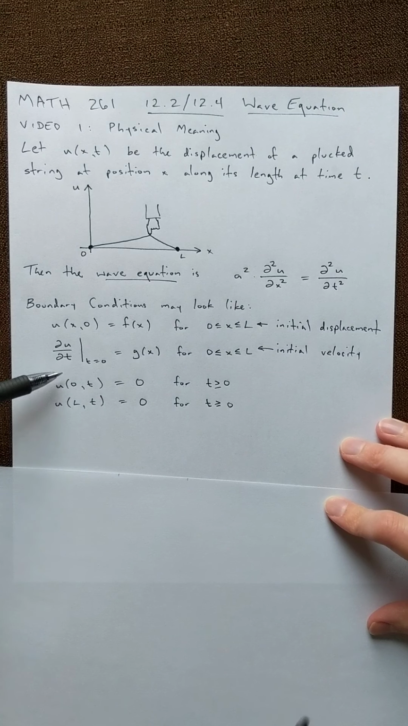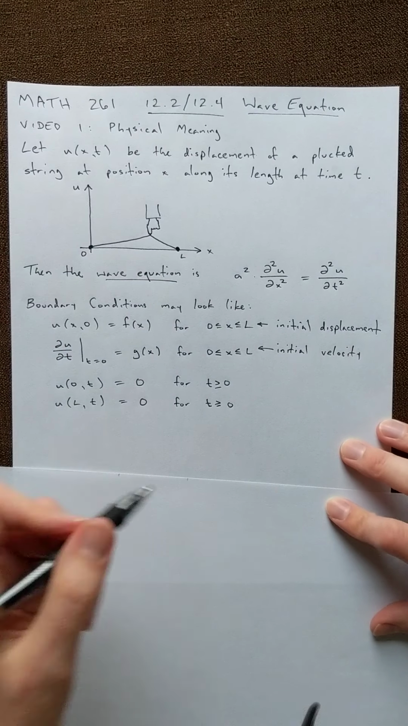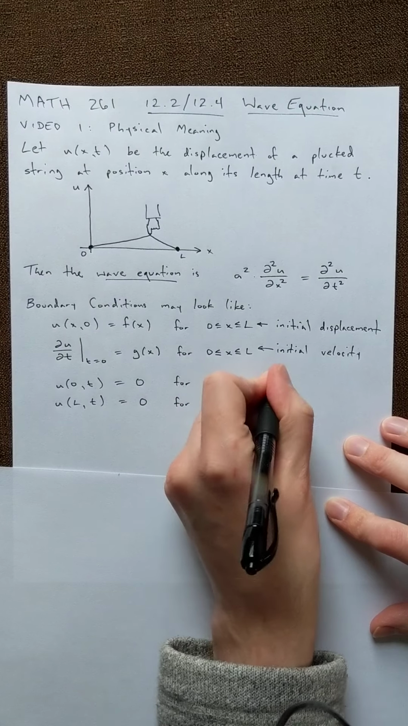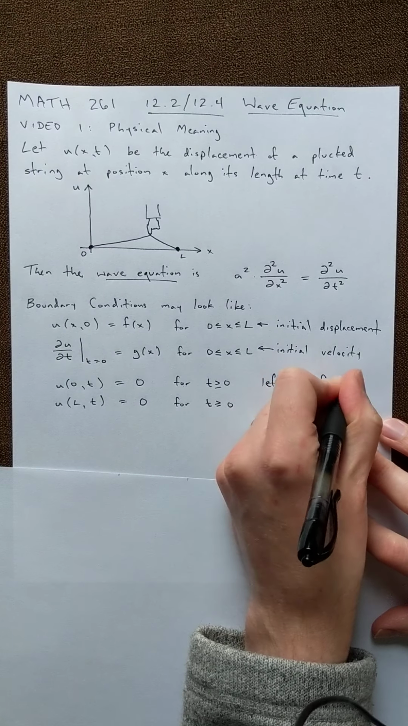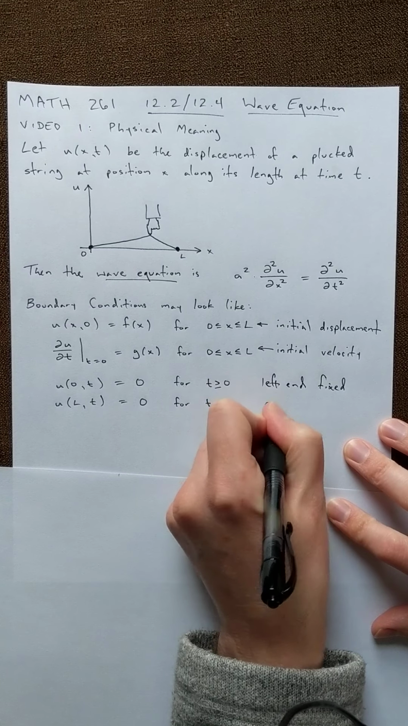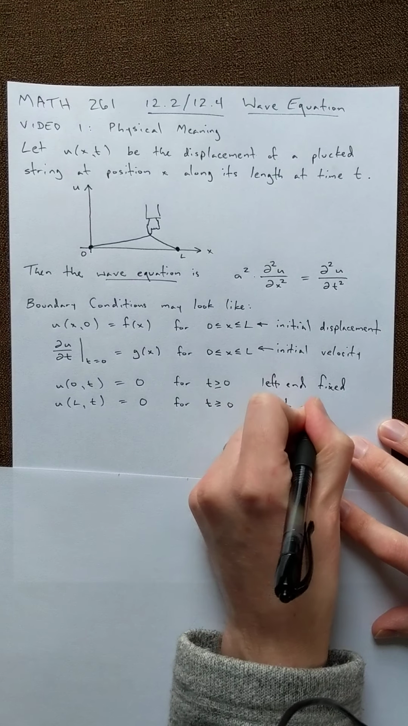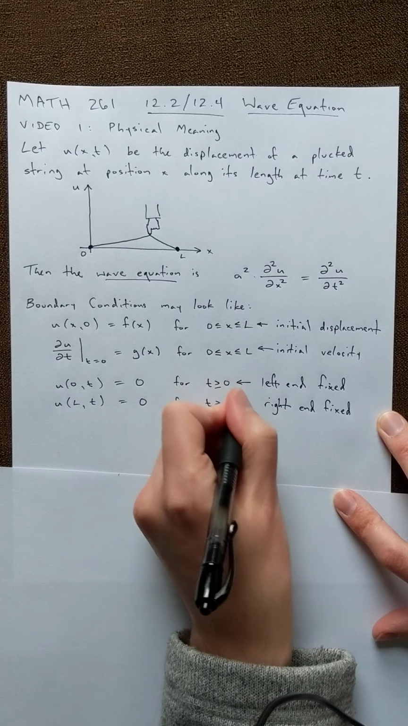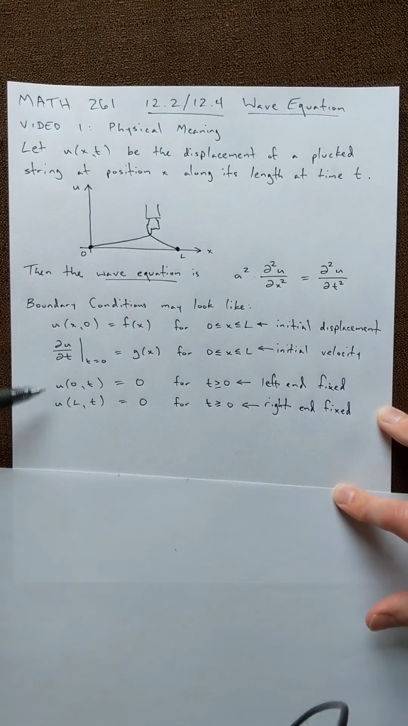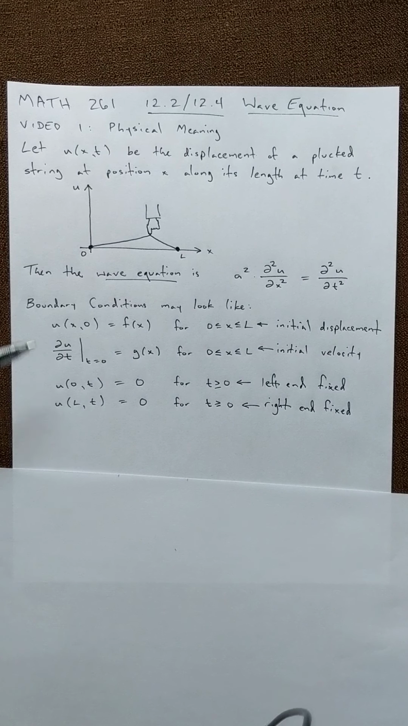These other two are going to be typical equations. When x is equal to 0 or x is equal to L, our displacement is 0, and that means that the two ends are fixed. And there are other constraints we could set up, but typically these are the most common. Okay,